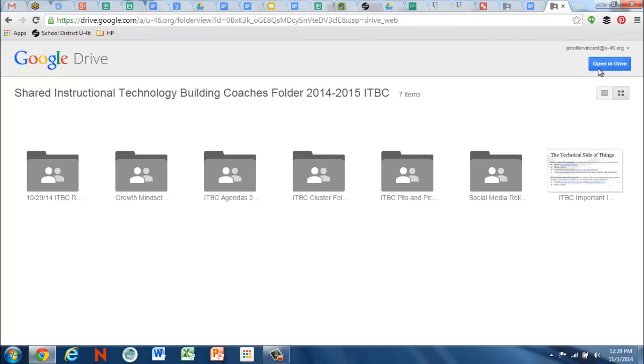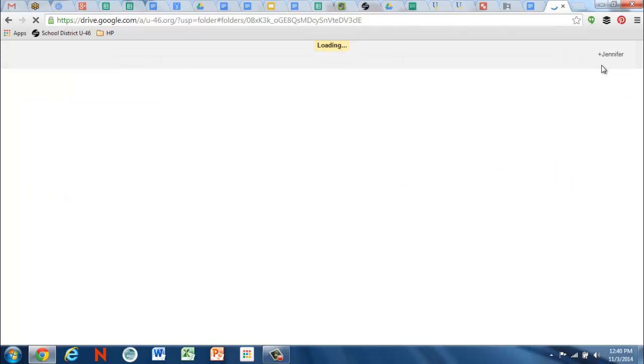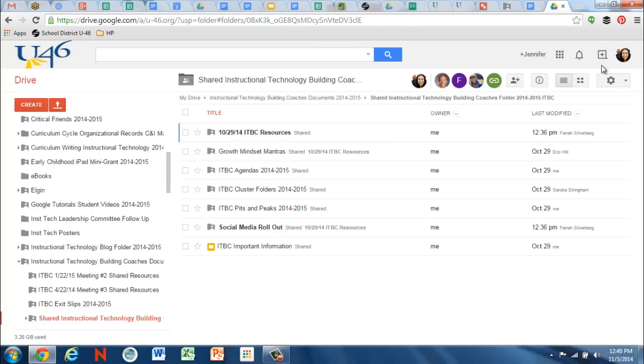It might say open in Drive or add to Drive. If it says add to Drive, click on it, and then it should say open in Drive. So we add it to our Drive, and then we'll be able to open it in Drive, and you should have access to this then anytime going forward. You'll just find it in your Drive. Click on the folders, add it to your Drive, open it in your Drive,